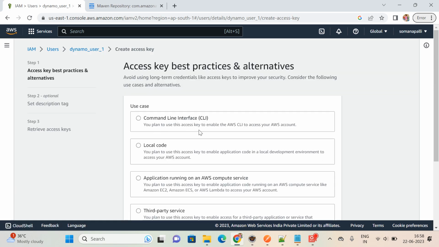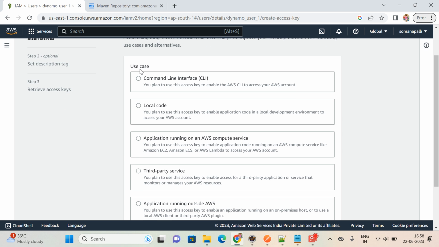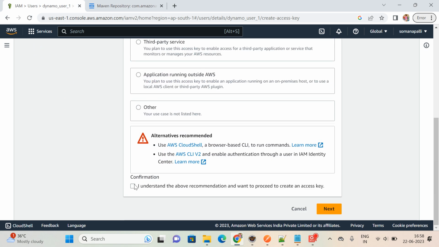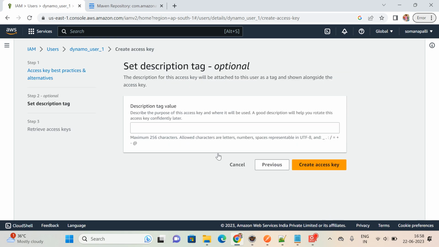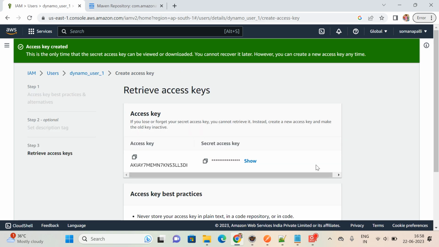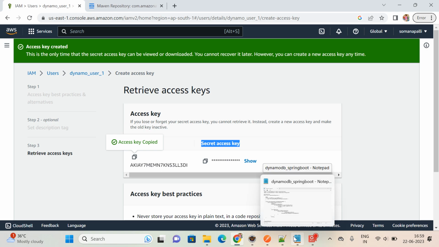Click on that create access key. Here under use case, choose command line interface, acknowledge this, click on next, and don't give a description tag value, it is not mandatory. You just click on create access key, so that you will get the access key as well as the secret access key. These things are useful while we are connecting with the DB from our Spring Boot